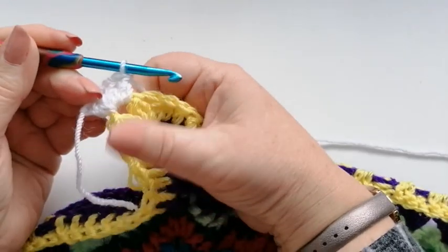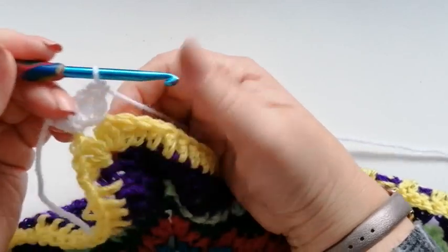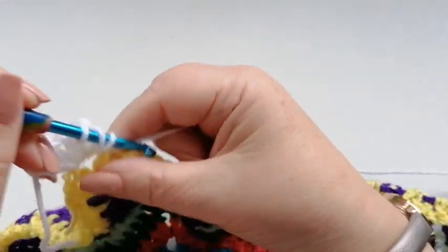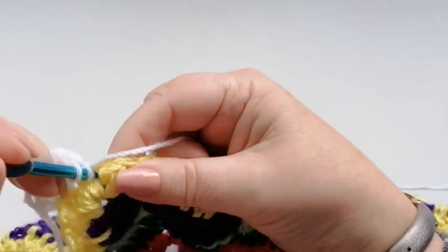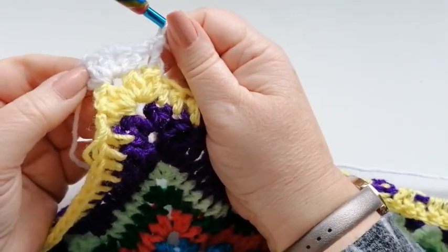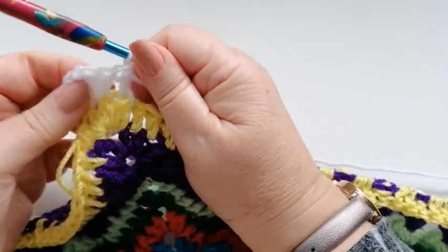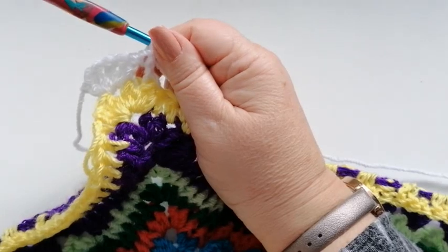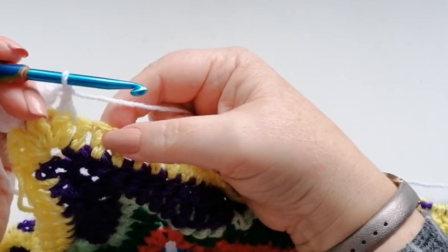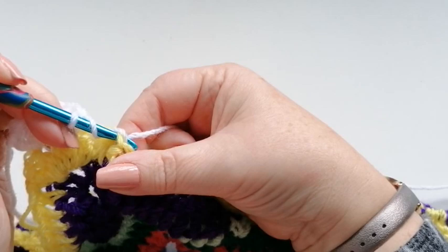into that same space. We're now going to work a front post double over each of these 2 double two together. So we've got 1 and 2. So we've worked 2 doubles, chain 1, 2 doubles, and then we've worked the 2 front post doubles. We're going to skip 2 stitches, which are these 2 here. We're going to work a popcorn